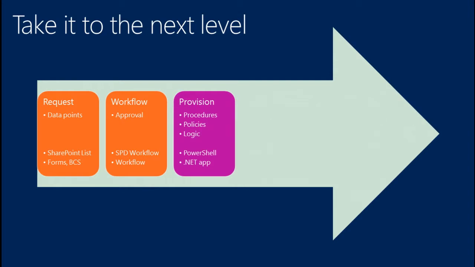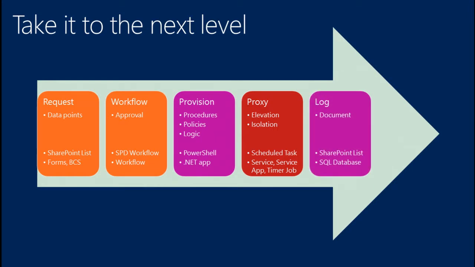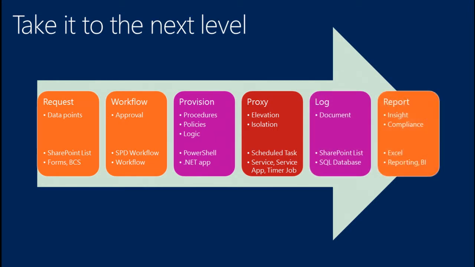So I don't necessarily recommend writing it all as a .NET app unless you're working for a third-party vendor making these things. The proxying, as a question was asked earlier, you could bump into a timer job. You could create a Windows service. There are several different ways you could choose to bump this up a notch as well. The logging, maybe dump it into a SQL database, and instead of using just Excel, use reporting services and SharePoint's